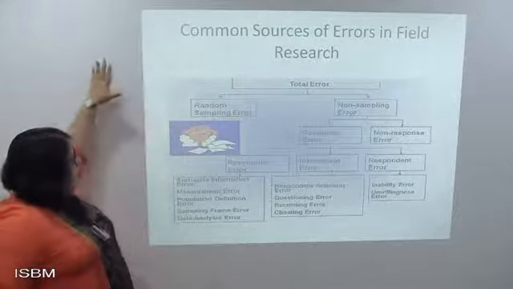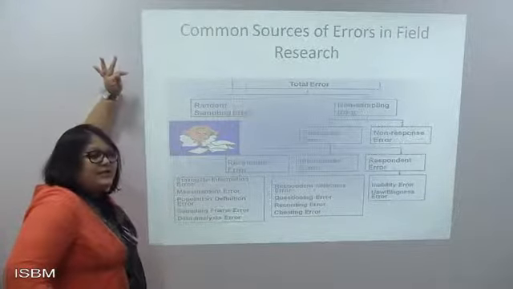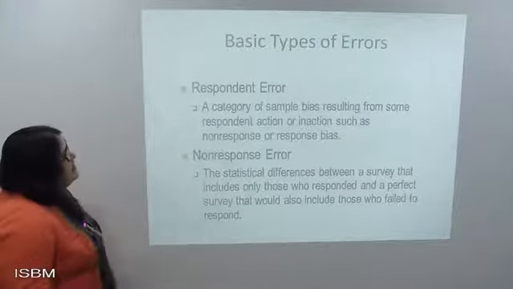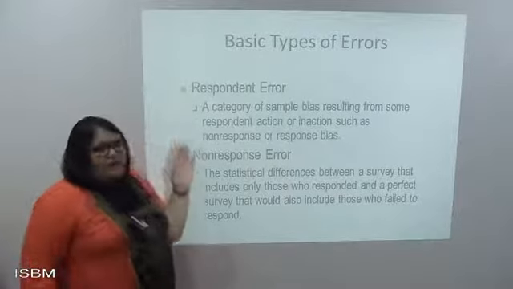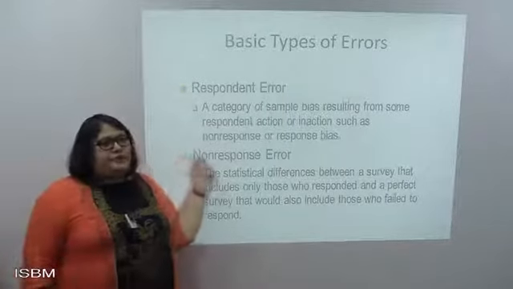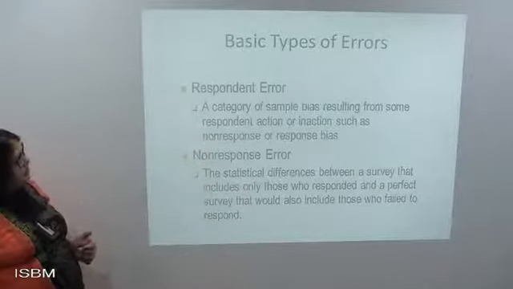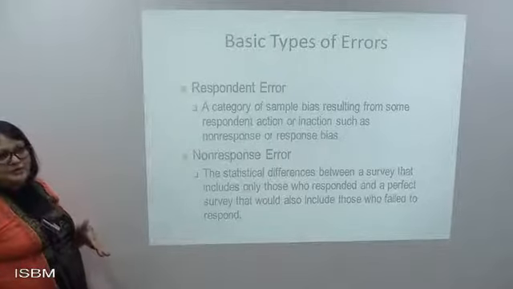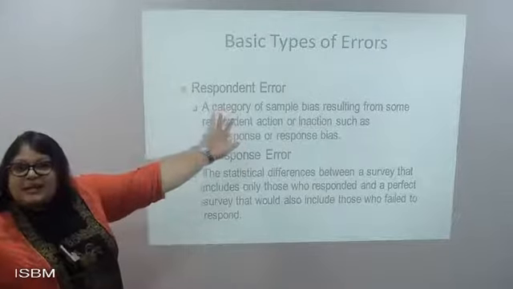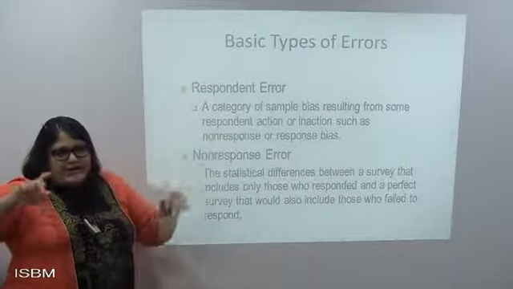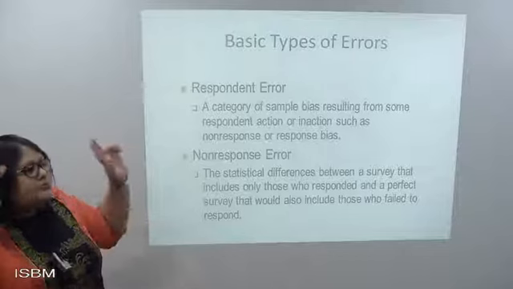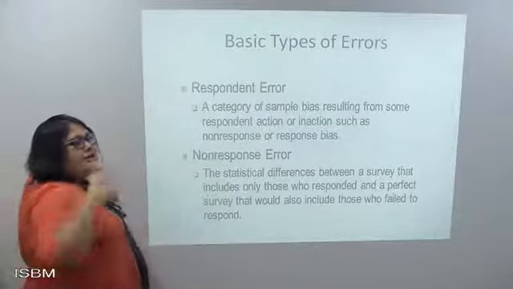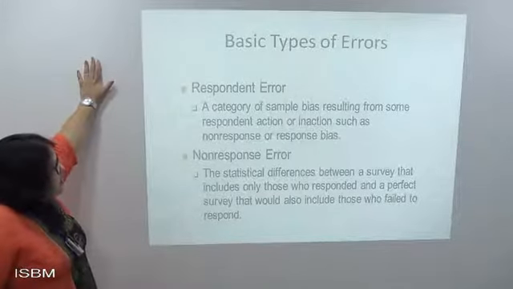So basically, the errors can be the non-response error and the response error. Now, what are the basic types of error? The basic types of error are the respondent error and the non-respondent error. Now, what is the basic respondent error? A category of sample bias resulting from some respondent action or inaction, such as non-response or response bias. Now, bias is nothing but the favoritism which you show. That is, you are inclined to one topic, right? You might be inclined to the interviewee, or you might be inclined to the respondents, and so on. So the respondent error usually occurs when the